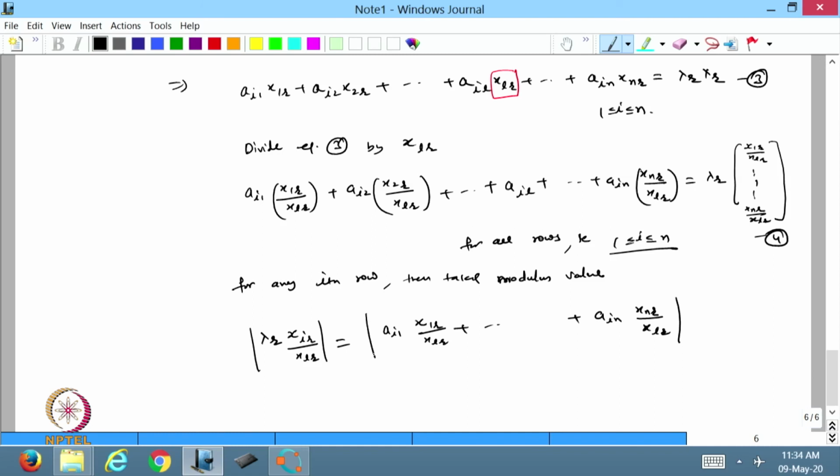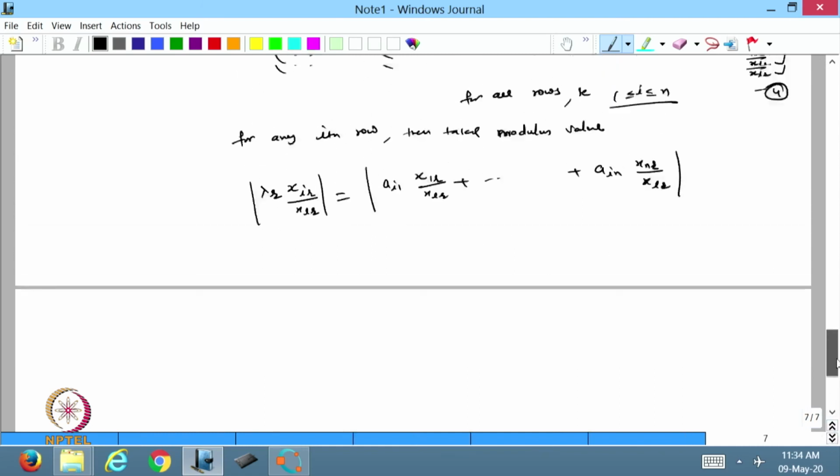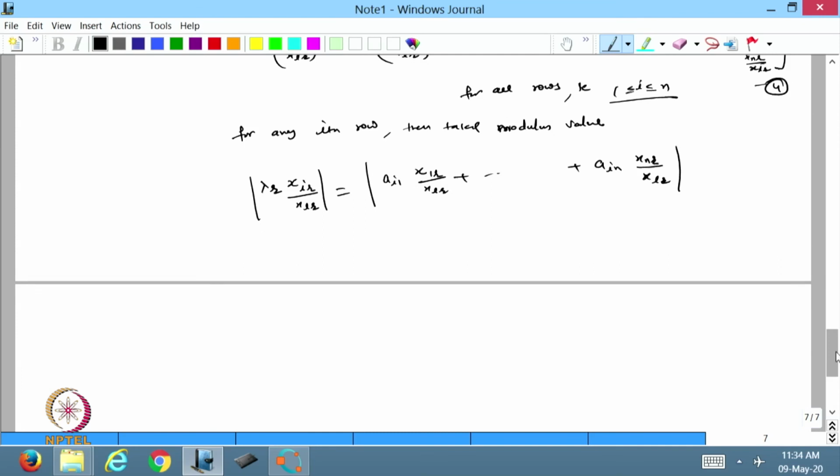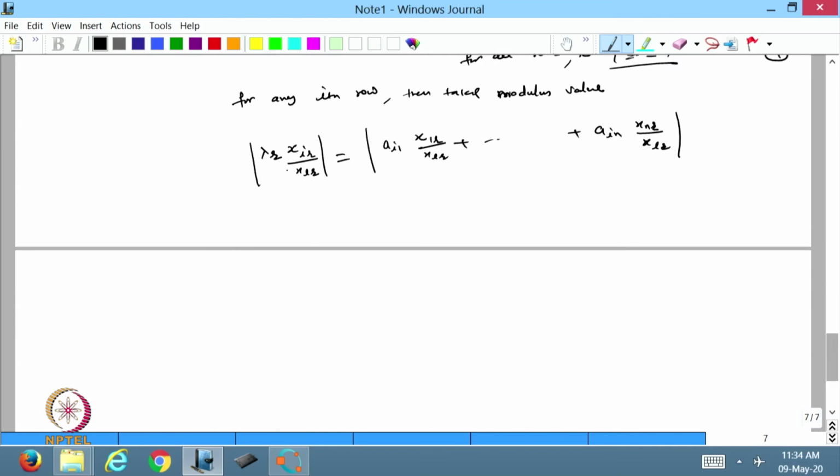So, this value we have taken. Now, from here we know that this can be written as lambda r into x_I^r by x_L^r, and this one I can apply the triangle inequality. So, this can be written as less than or equal to